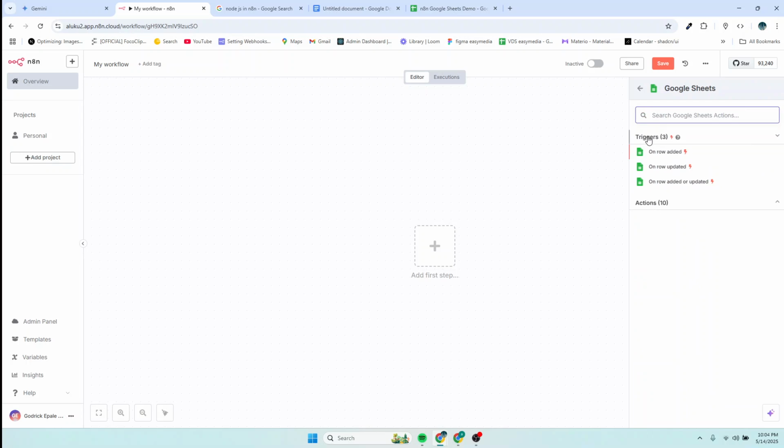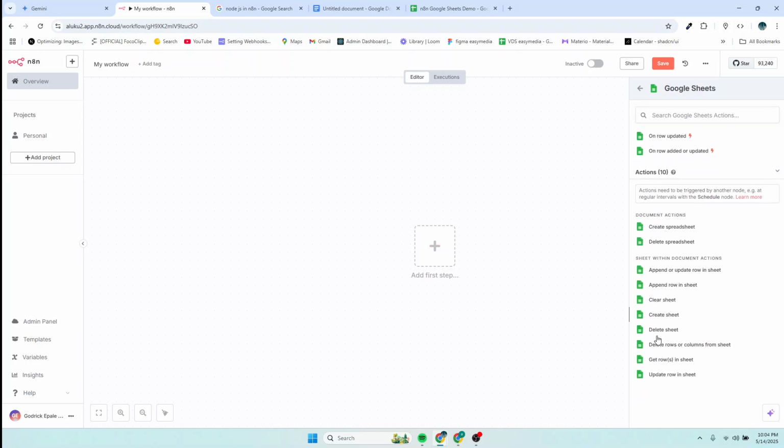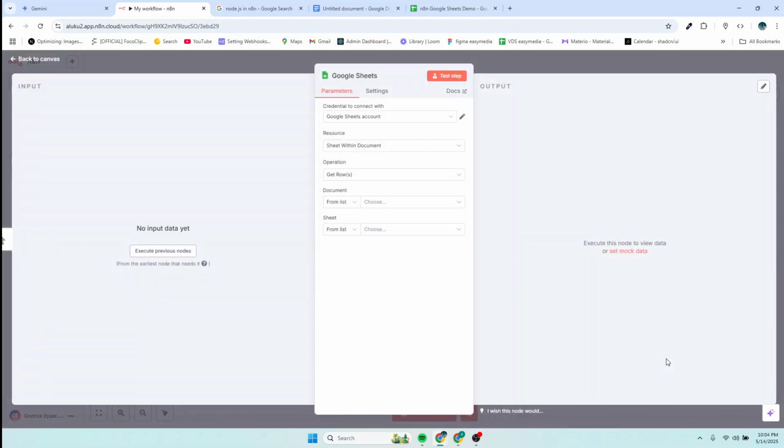Then we have a lot of actions you can do on your workflow based on Google Sheets. So we have triggers, then we have more actions, and what we want to test right now is to get rows. So you can get one row or several rows. So I'm assuming that you don't have a connection, so I'll click on this credentials, then create new